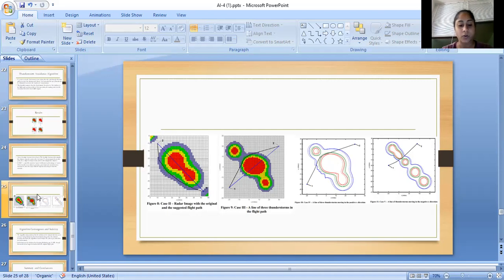In case 4, a line of thunderstorms is moving in the positive x direction at a speed of 40 miles per hour. The airplane is moving from point 1 to point 2 at a constant speed of 150 knots. In case 5, a line of thunderstorms is heading in the negative x direction at a speed of 50